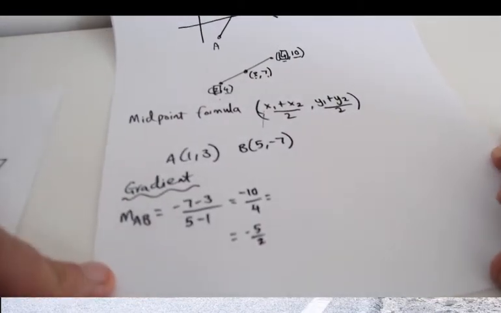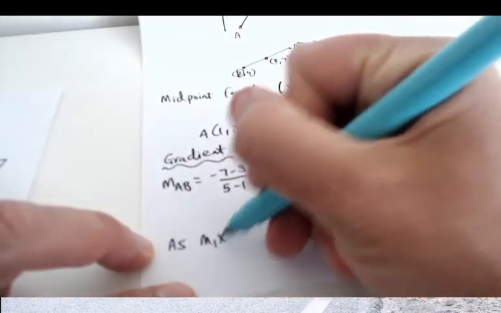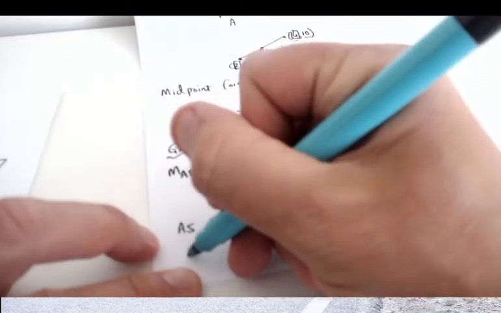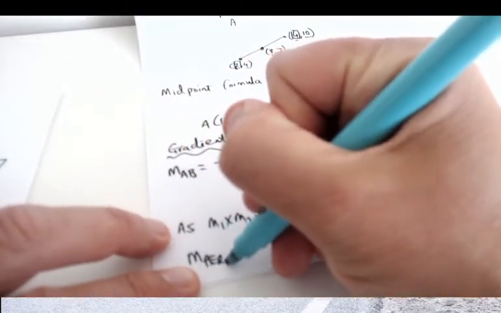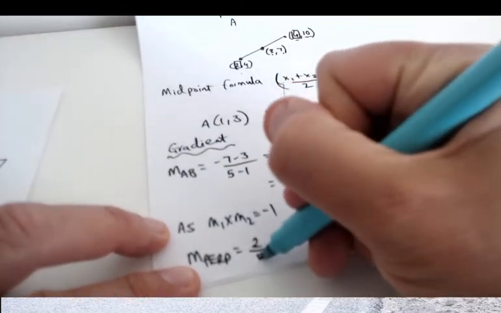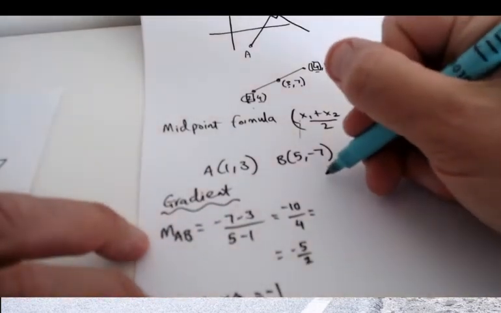Now I want the gradient of the perpendicular line. So I write my wee statement. Always need that when I'm doing a perpendicular gradient. So my m perp, upside down, change the symbol, 2 over 5. So that's the gradient I'm going to use. The point,